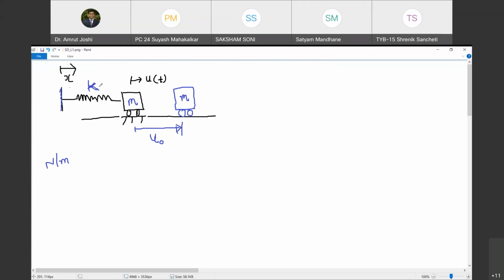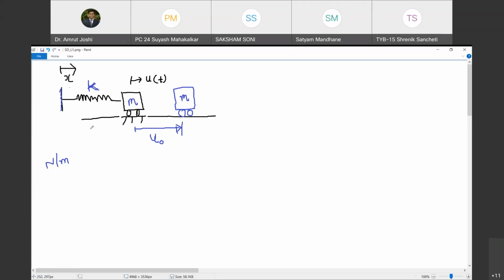What we mean by stiffness of a spring is the amount of force that you would require to have unit deformation of a spring. For example, let us consider this spring. If its stiffness is K, that means if you apply the force of K newtons in the direction of length of spring, the spring is going to get displaced by unity. Are you with me? Yes, sir.